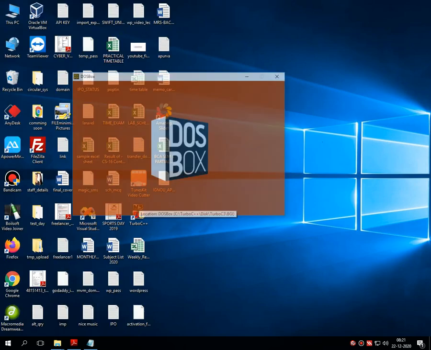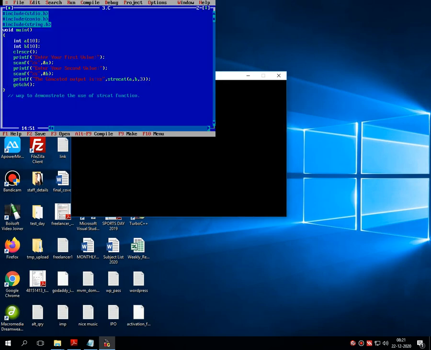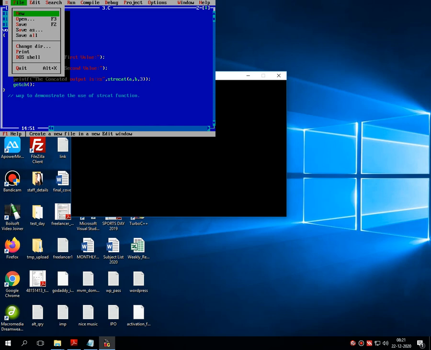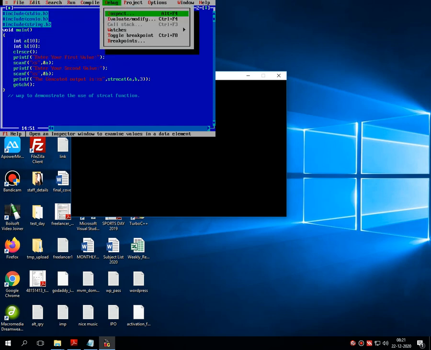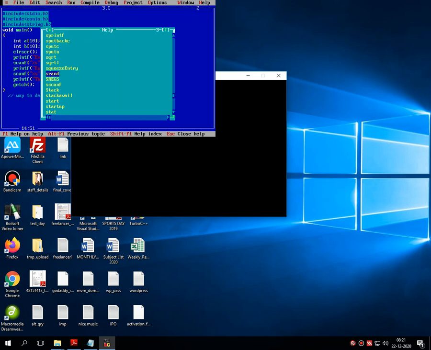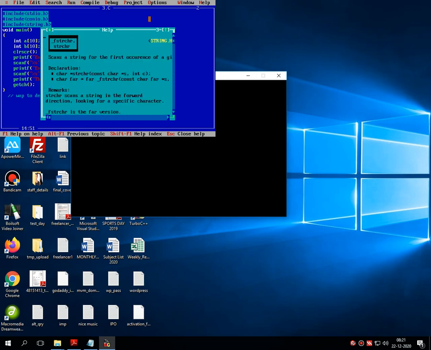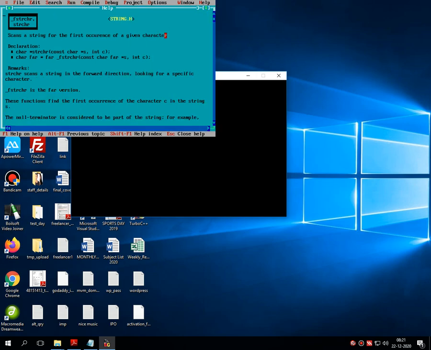Let's directly make a practical of this strchr function. The theory of the strchr function says that it scans the entire string for the first occurrence of a given character in the string.